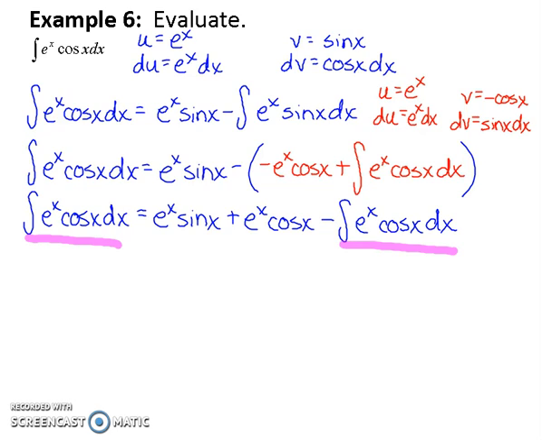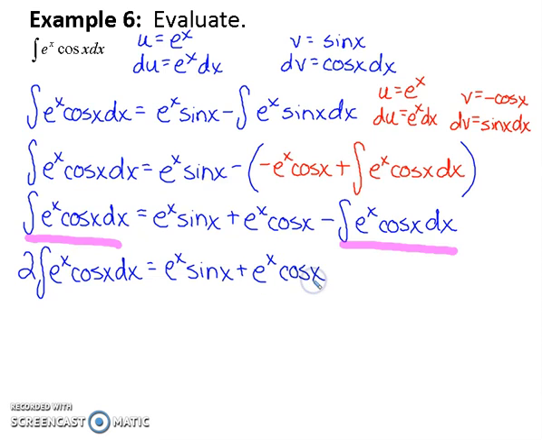So let's use our algebra skills. Those are like terms, the things I've highlighted in purple there. So I can combine them together. Well, if I take the one on the right and move it to the left-hand side of the equal sign, I would add it to move it over. So that would become two integrals of e to the x cosine x dx are equal to e to the x sine of x plus e to the x cosine of x plus c, or one integral of e to the x cosine x dx